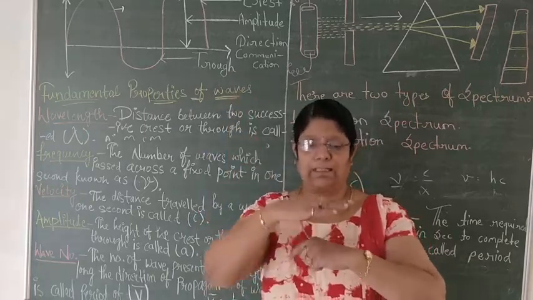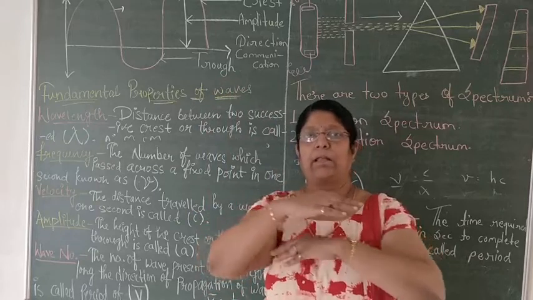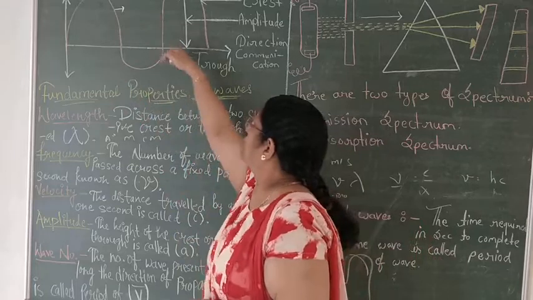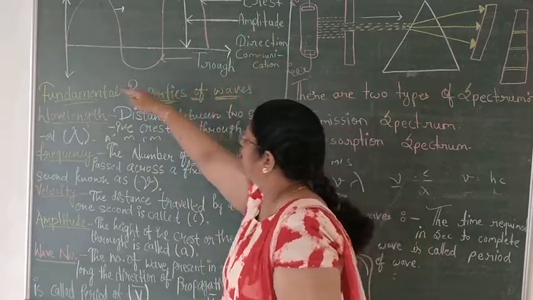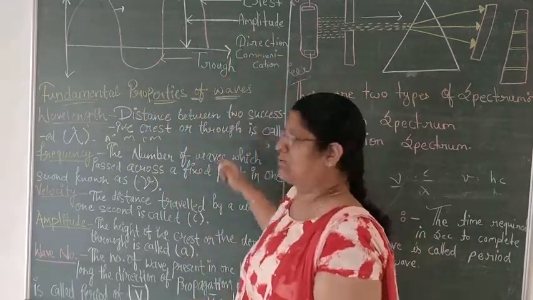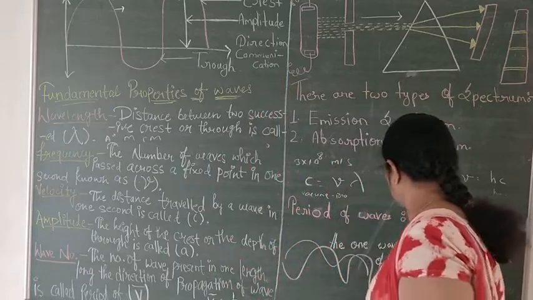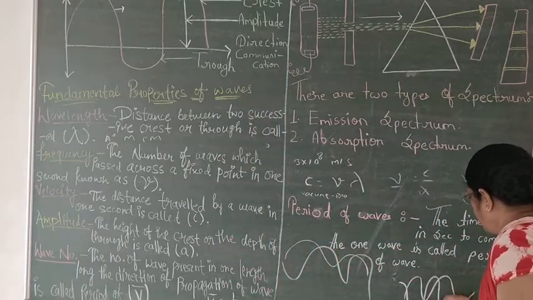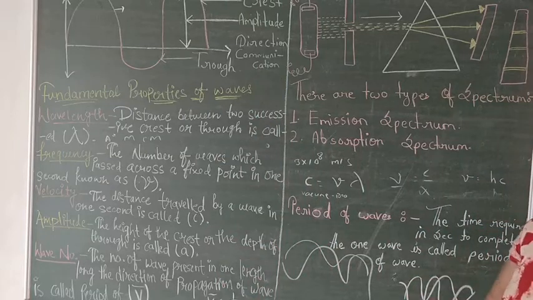Both the properties, electrical property and magnetic property, are perpendicular to each other. If the electrical property is going in this way, the magnetic property will go in the downside like this. If it is happening in this way, then they will come in this way. Like this, they will cover up perpendicularly.